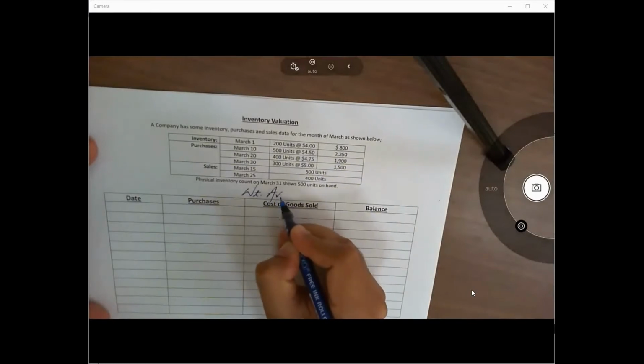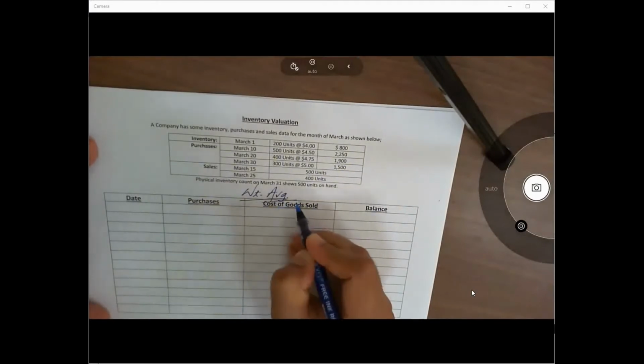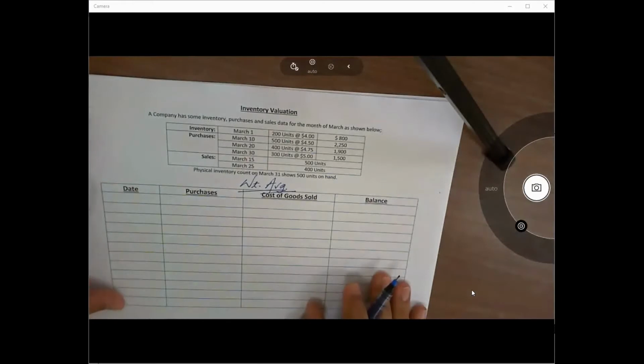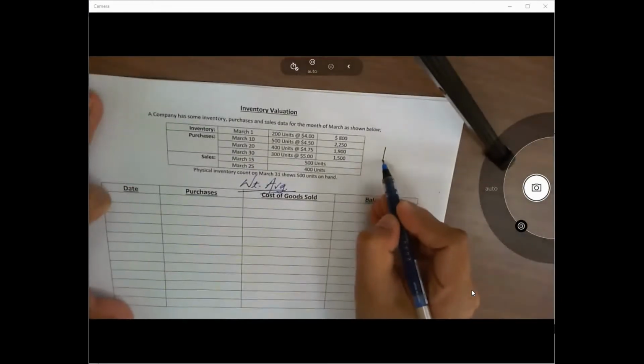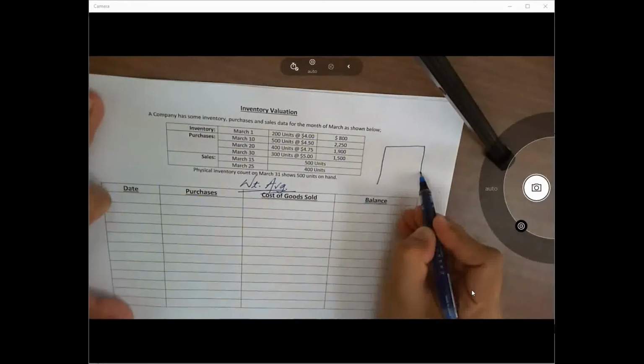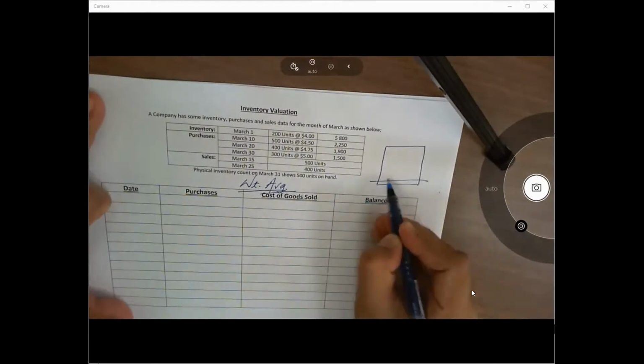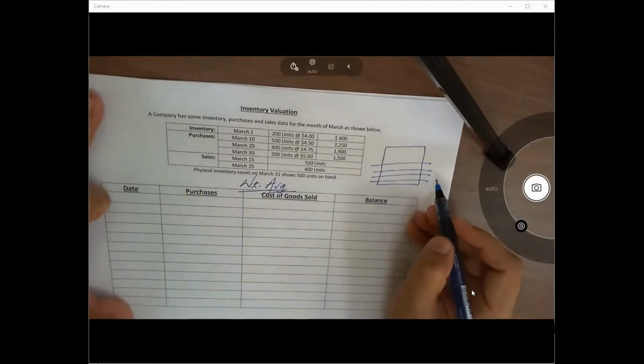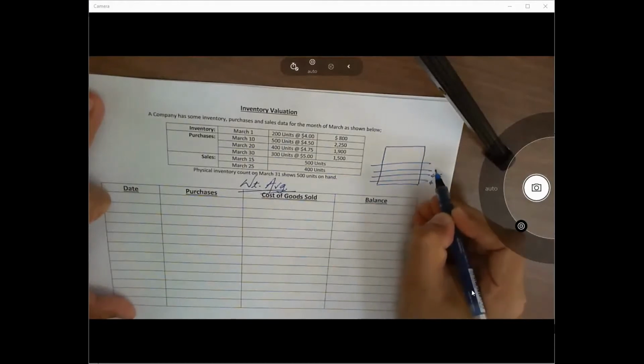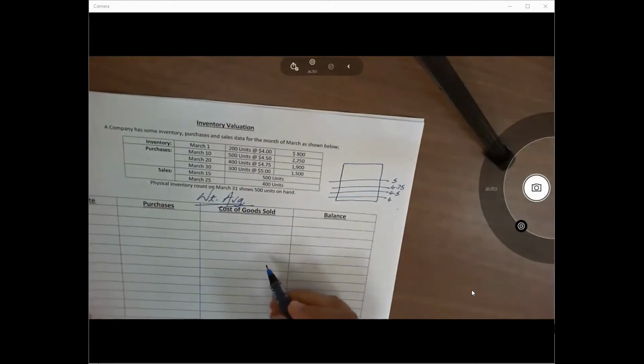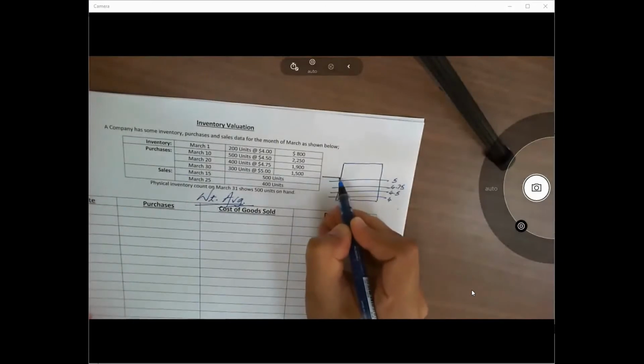Weighted average. So let's try to make over here, because we are drawing a diagram, a diagram also for this method. The diagram for this method is exactly the same. These are different levels of inventory. In these different levels of inventory, we are purchasing first level at 4. Next, we are purchasing 4.5. Next, we are purchasing 4.75. Next, we are purchasing at 5. But now the arrows will be something like this, average.